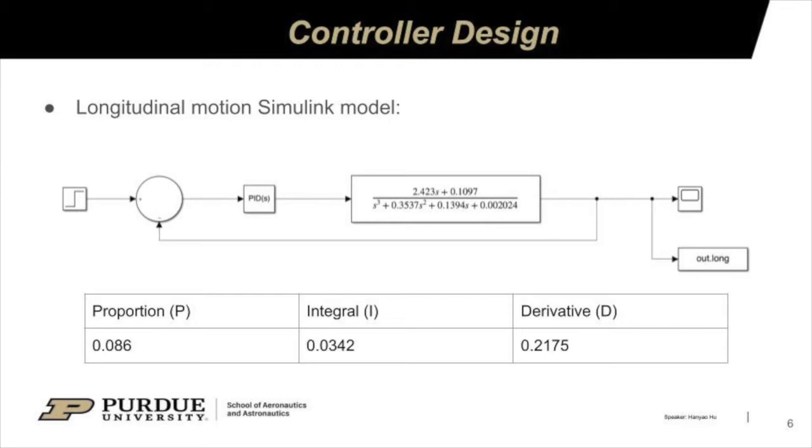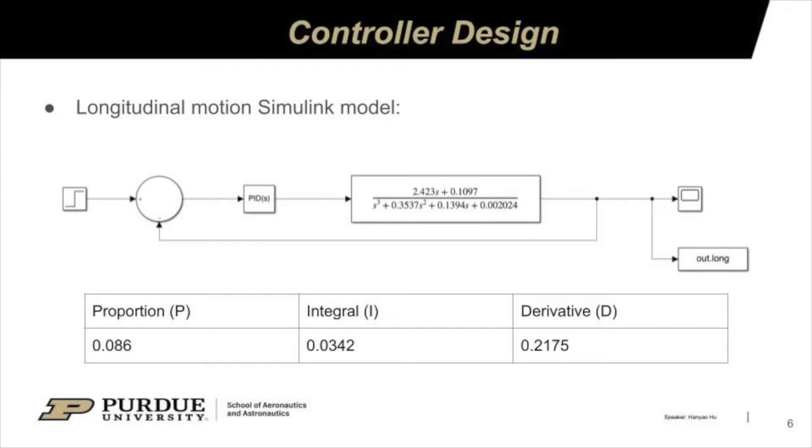In the tuning process, we use the MATLAB built-in tool called Control System Tuner by tracking the step commands in goals, where we assumed second-order characteristics with a time constant equal to 1 and maximum overshoot less than 5%. As a result, the improved PID values are 0.086 for the proportional gain, 0.0342 for the integral gain, and 0.2175